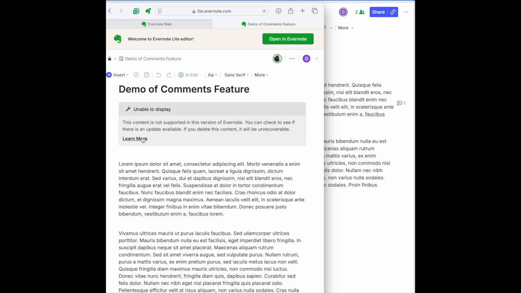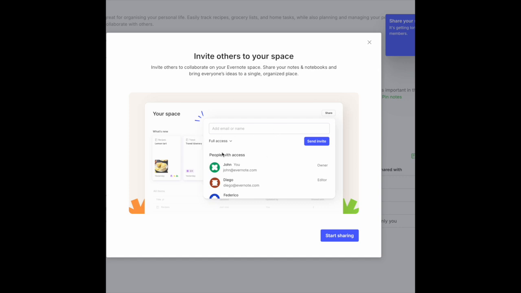Have you tried Spaces lately? Well, something new for that too. Spaces, I think, was originally designed for the mega collaborators, the people who had, like let's say a corporate account, and it made sense to create a space so that you could collaborate. Well, now the Spaces tool is available for individual users as well, as long as you're running version